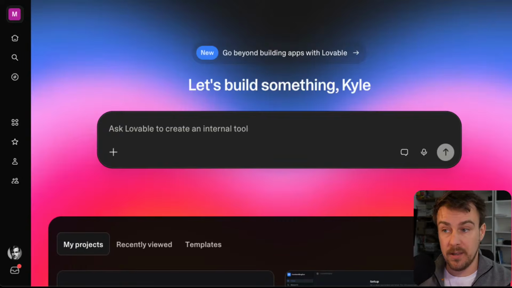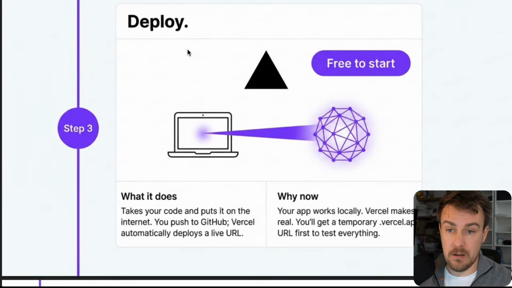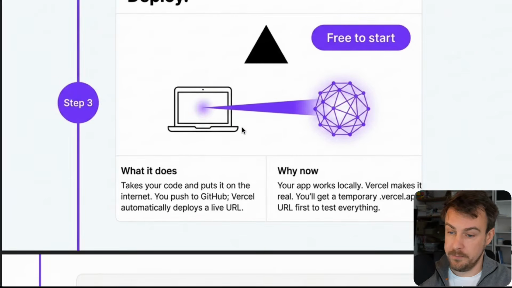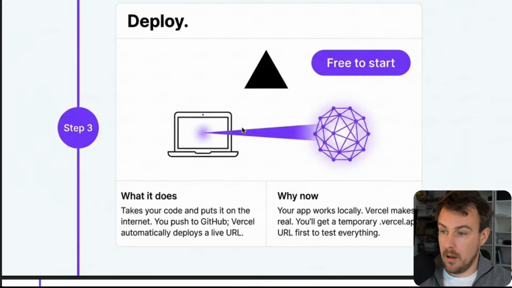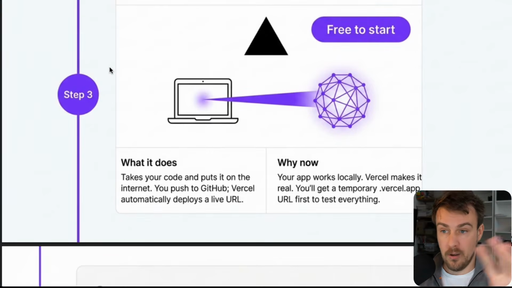Again, Lovable does all of this for you. You don't really have to think about it as much. That's what you're paying for. But if you want to save and do this for free using AI Studio Build or some other tool, these are the tools that you're going to be adding on as you go forward. So I use Vercel. You can use other ones. Doesn't really matter. Once you have deployed though, so your files are now sitting and built on a site like